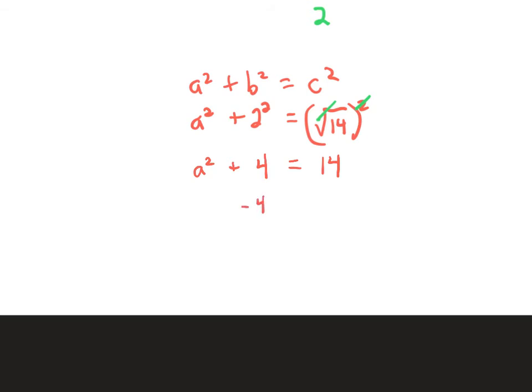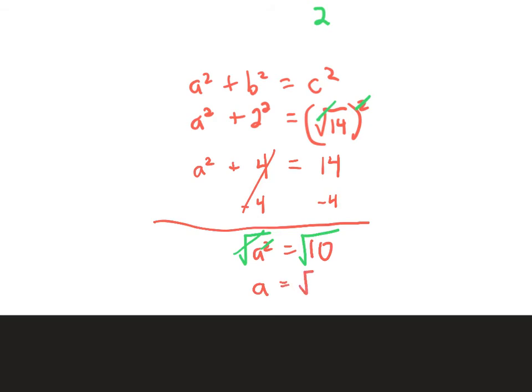Then subtract 4. We'll get the a squared by itself. So we've got a squared equals 10. And then we don't want a squared, we want just a. So we'll get rid of that square by square rooting it. Square root the right side also, and we've got a equals the square root of 10, which isn't like the